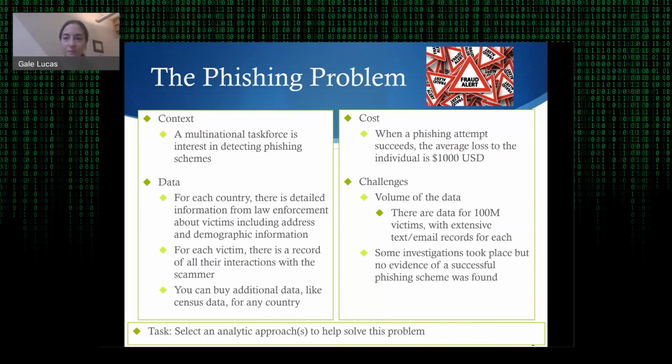What are common action buttons that people are including in phishing messages? Tagging language as well, potentially using census data to identify potential victims in the future based on the demographics of the current, is that 100 million, 100 M victims that we have data for. And then finally, determining if there are any ways that we can create rules, for things like maybe there's a bizarre contact rule. If somebody has no contacts in country X, could all emails from country X to that person